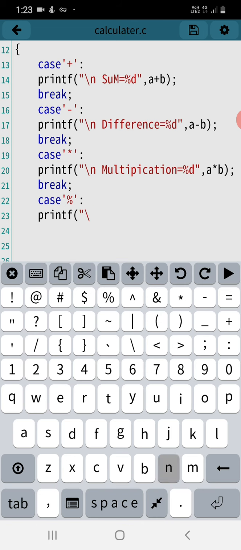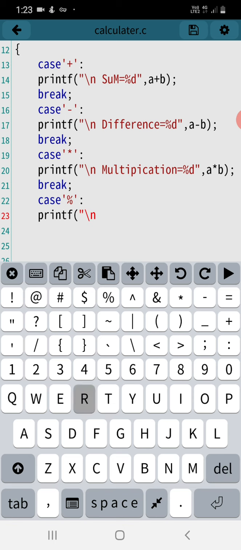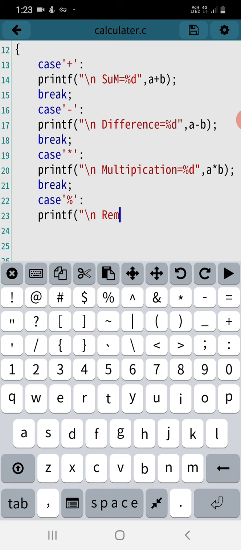\n remainder, that's equal to %d, and now my condition is %b. break;